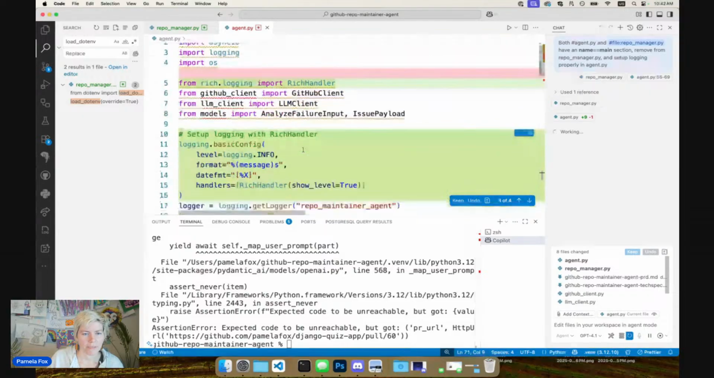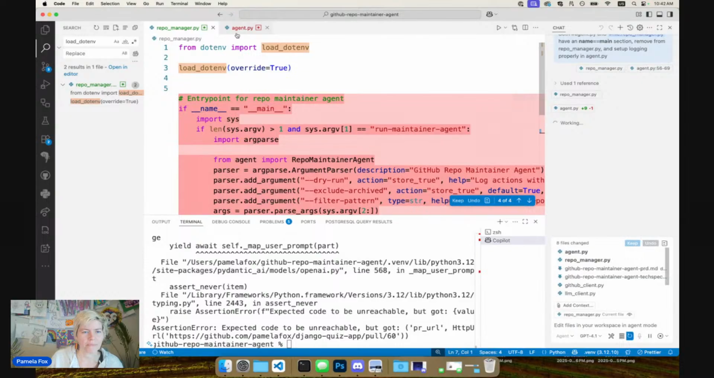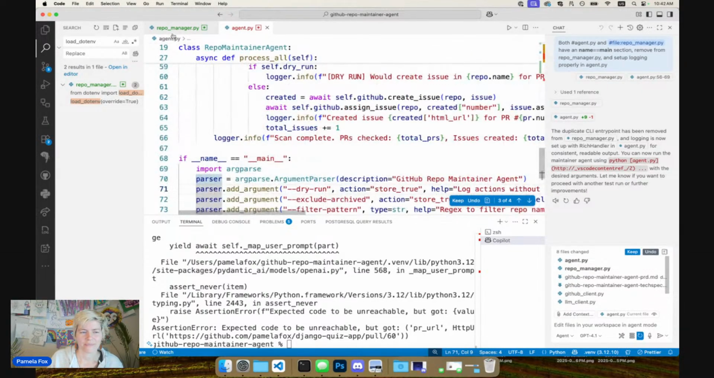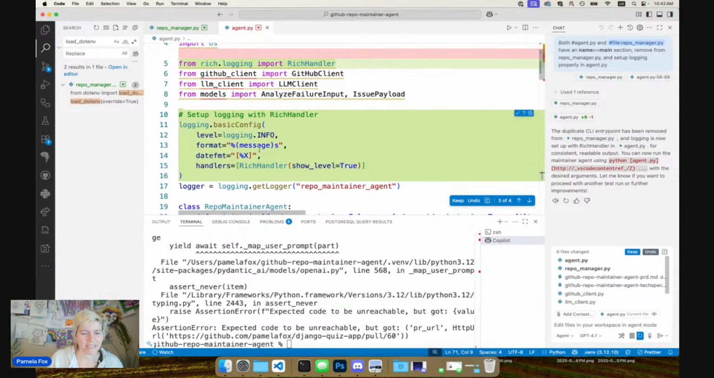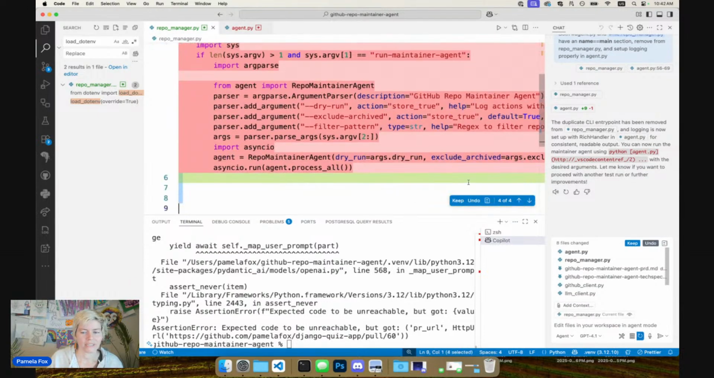Okay, so what just happened? It added it to agent. Oh, so now maybe we could just move everything into agent. Maybe we just remove the repo manager file. Okay. So agent logging basic config. This is what I wanted. Okay, so then we just need to keep